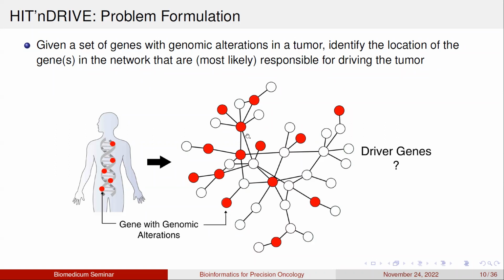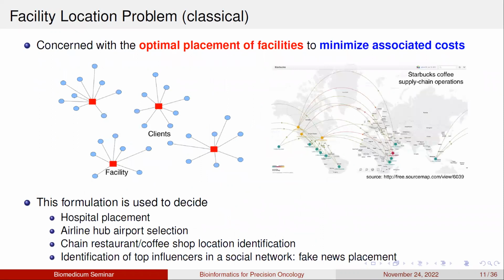So that is the main problem we are trying to address using our algorithm. We came across a very classic algorithm called the facility location problem. This problem was invented somewhere around the 1800s, and it is concerned with optimal placement of facilities to minimize associated cost. You can think of these facilities as buildings, campuses, hospitals, or